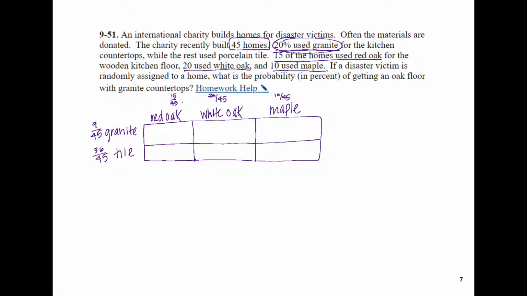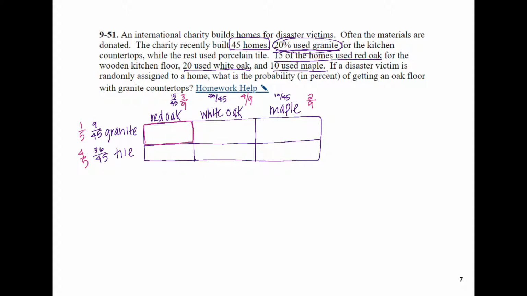So we want to reduce all of those. So 9 out of 45 reduces to 1/5. 36 out of 45 is 4/5. 15 out of 45 reduces to 3/9. 20 out of 45 is 4/9. And 10 out of 45 is 2/9. We then can use the area model and multiply the length times the width to see what